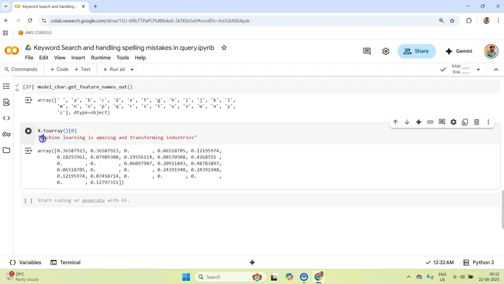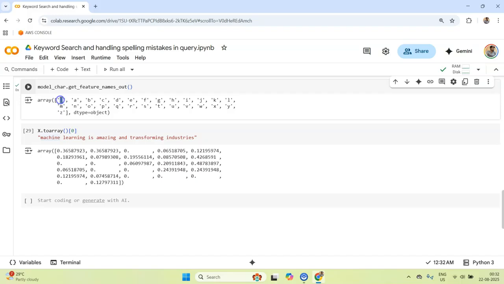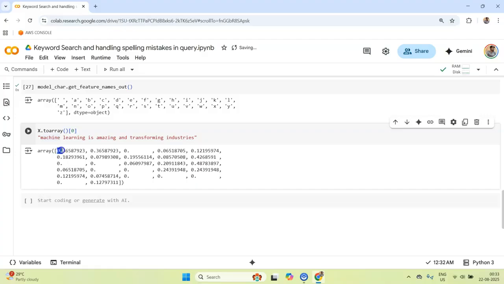Now it is doing a character level study. For example, it is not looking at "machine", but rather at M. The index of M comes after space and then A, B, C up to M, so I guess it would be 13. Let me tell you again.